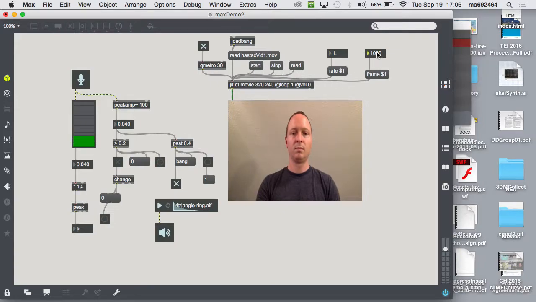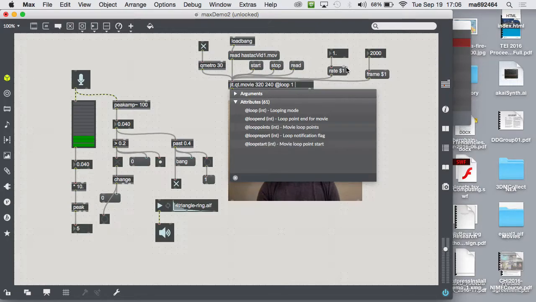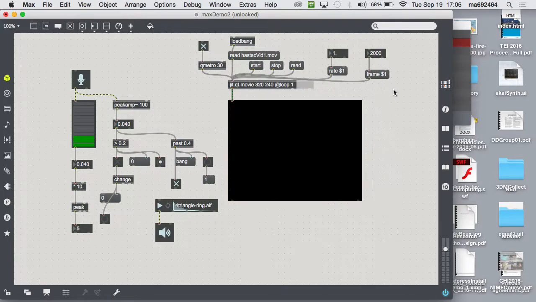Okay, so how is the volume going to be controlled? It's going to go down like a fade or something? No, so if I put it in as an attribute, it's cooked in. So volume 0 means no volume. Volume 0.5 is half whatever the file volume is. I can also, though, any of these things that I'm using the @ symbol for, I could do like these rate messages, right, as a message. So I could do something like message vol $1, put that with a float, put that into here,